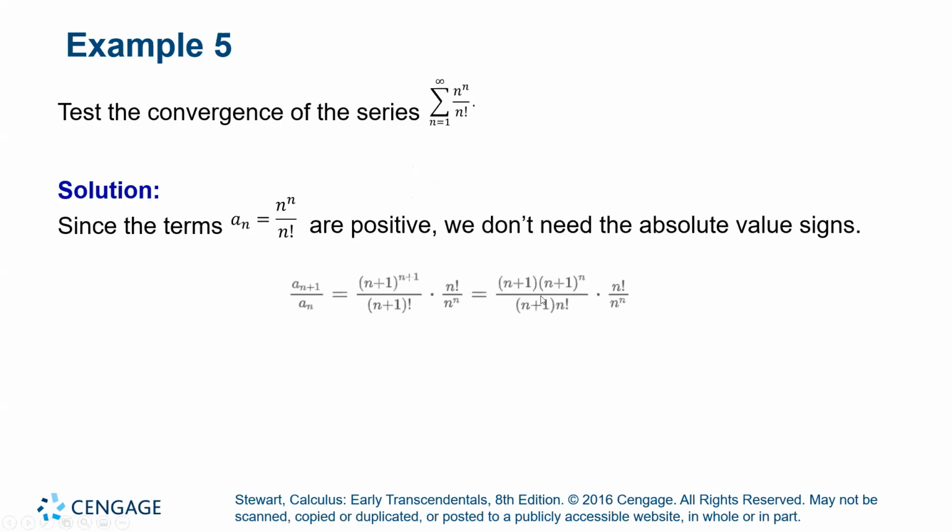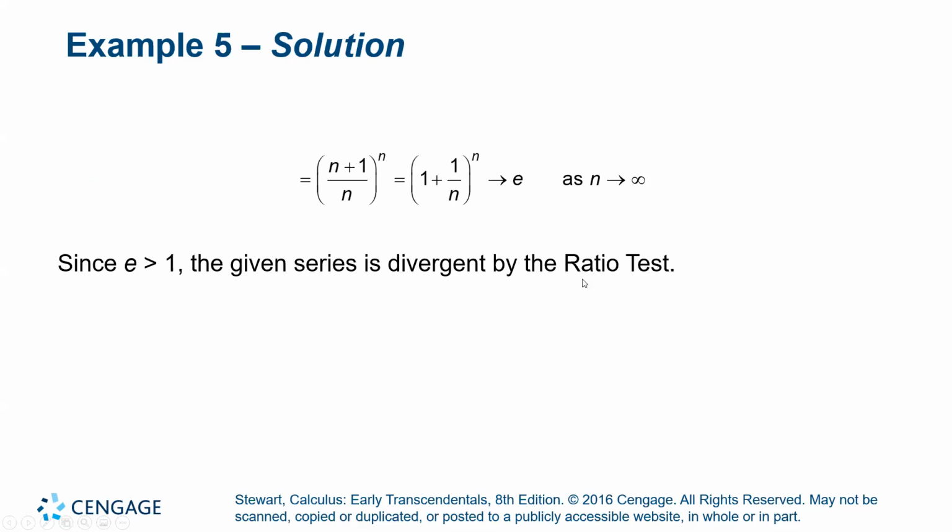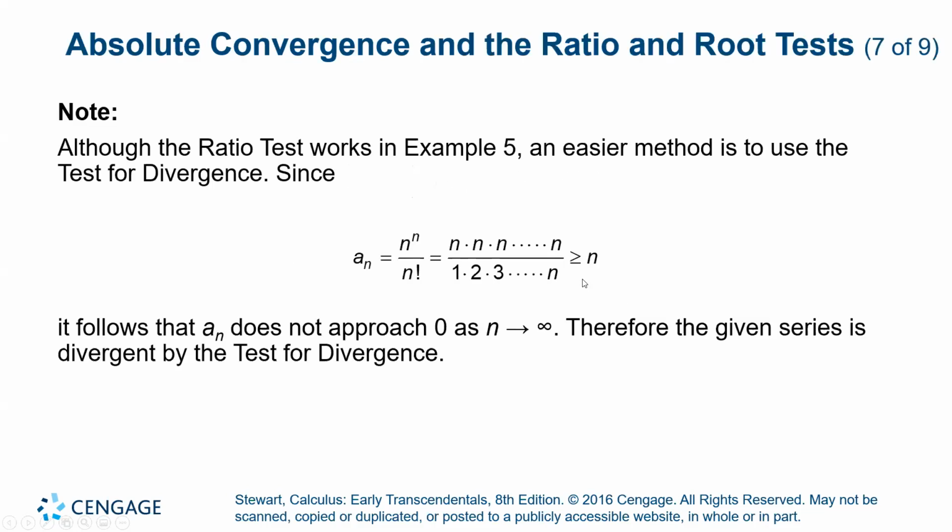Okay, what happened to the factorial, just in case you didn't notice? This n factorial cancels with the n factorial on the bottom, and the two n plus ones also cancel. So the only thing you have left to evaluate are the two items raised to the power n. Okay, so the ratio test works here, but there's actually an easier method, and that is to test for divergence